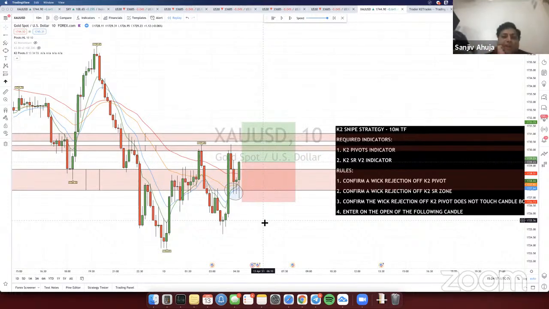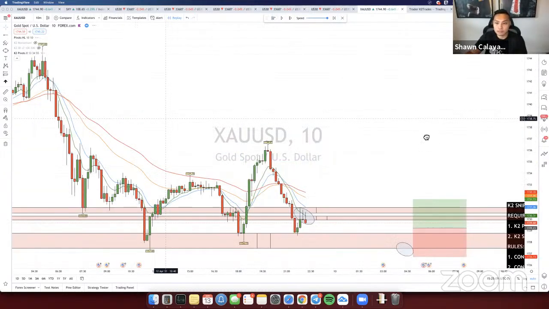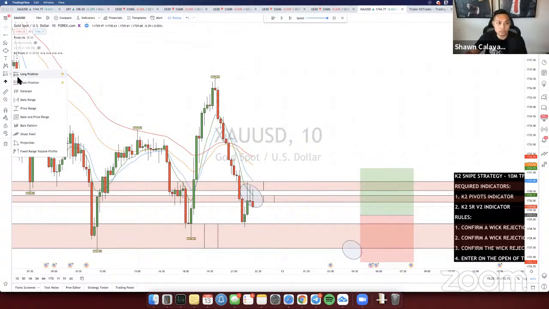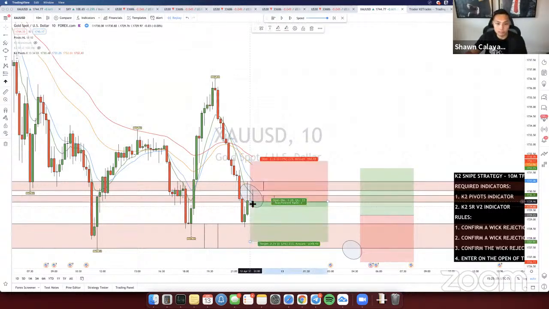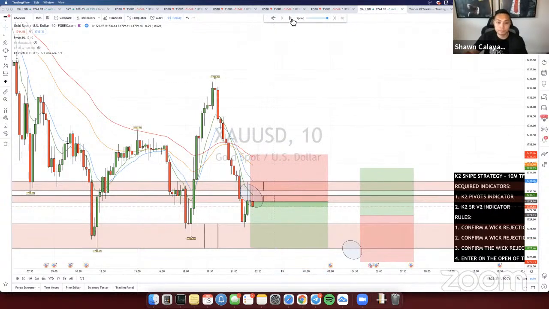But it's pushing back. So we have to take the buy one, not the sell one. Yes, exactly, because the wick rejection isn't from the top. If you want to take a sell, it would be something like this over here. If I rewind to over here, you can see that this would be the opposite. So for this green candle or these red candles, it's rejecting off the top from this pivot and off this K2sr. If you were to take this trade here, same thing for 250, I believe you had 250, for a sell,